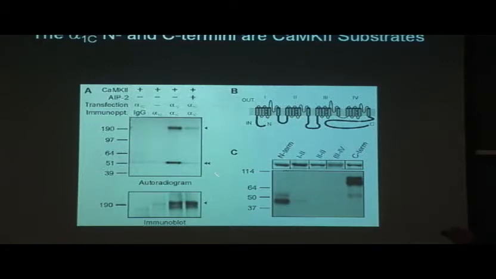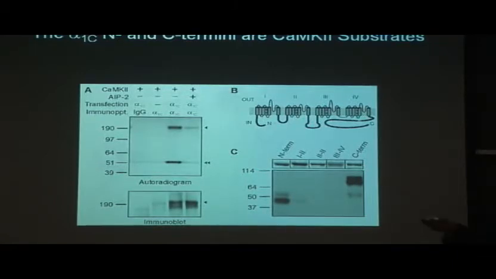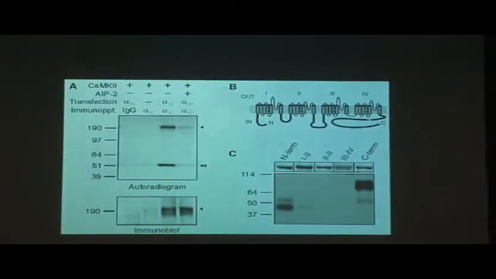Before going on to this association, I just want to show you that we then made fusion proteins that corresponded to the intracellular domains. And what you see here is that both the N-terminus and the C-terminus are targets of phosphorylation, at least in these GST fusion proteins. Both of these domains of the channel make sense as kinase targets. The C-terminus is also the target for PKA phosphorylation and Src phosphorylation, both of which also lead to an increase in current. The N-terminus is believed to be involved in PKC regulation, although the data are a little bit less clear for that. So both of these make sense as targets for a kinase to increase the calcium current.